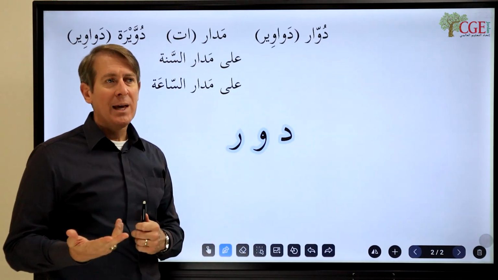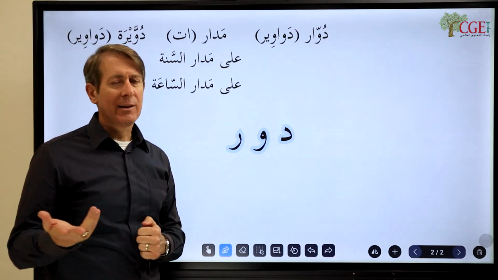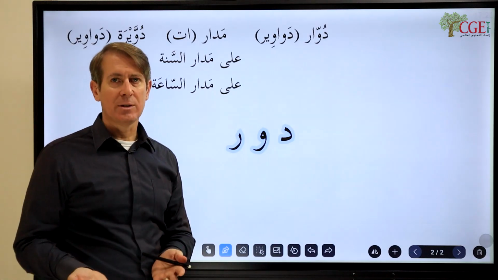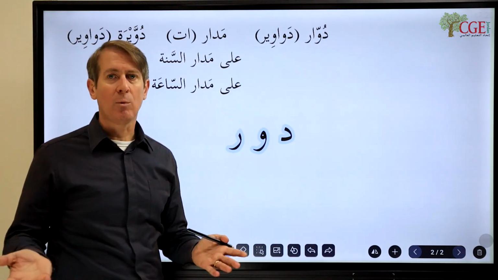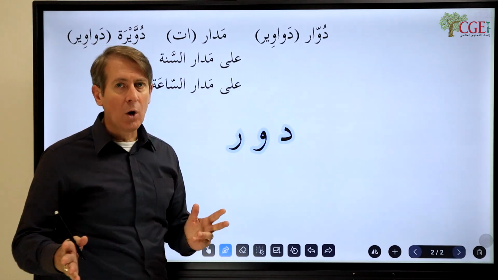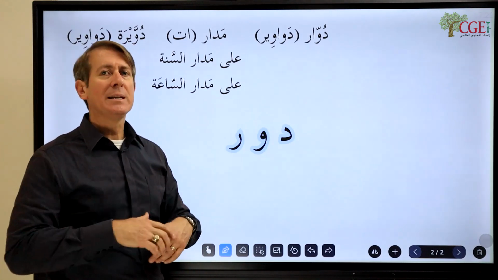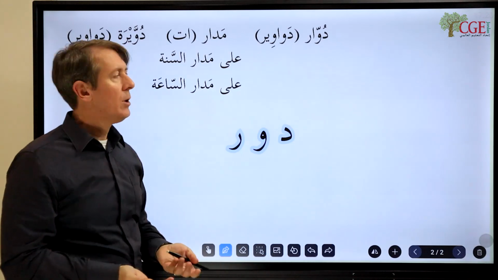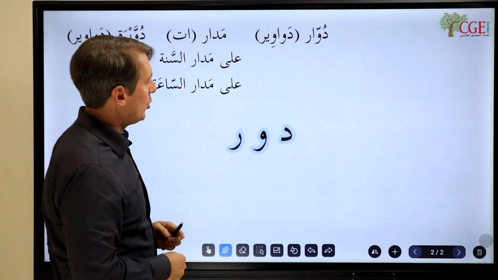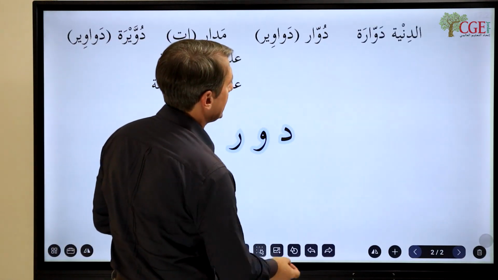A little joke here is people in Ammiya will joke, if they want to say somebody is really large, body-wise, they might say يعني هالبنت دوار, or هالشاب دوار. It just means round, so overweight that they're round in their body. So duwar, that's just a very Ammiya thing that people might say.